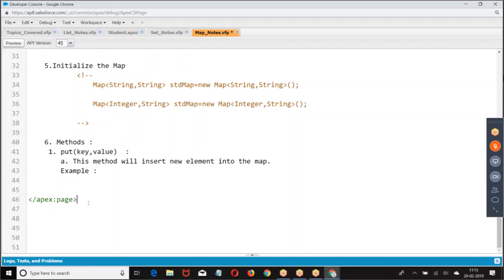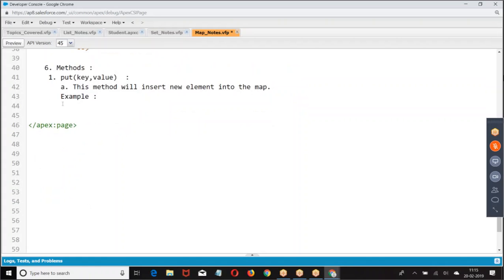Let me take this example. Create a map with student name and insert the data. So what do we do here? Map of student name is going to be Ravi, Sham, Hari.